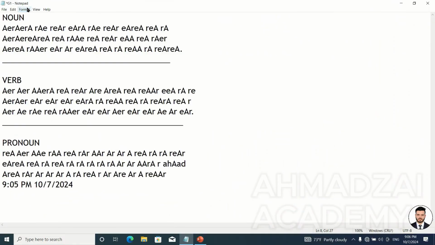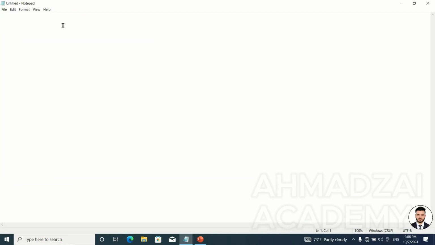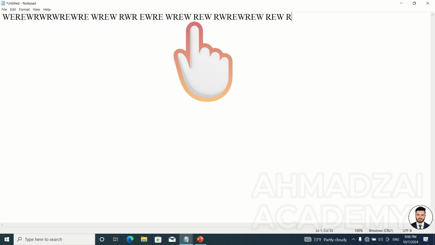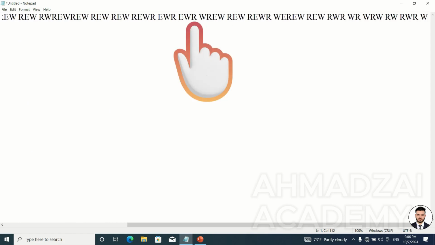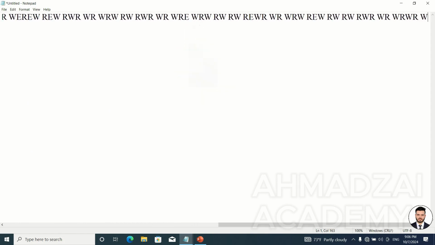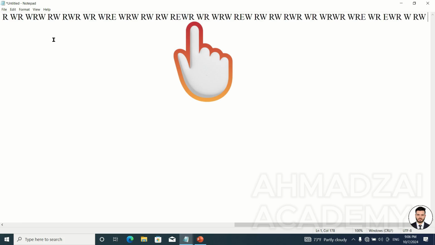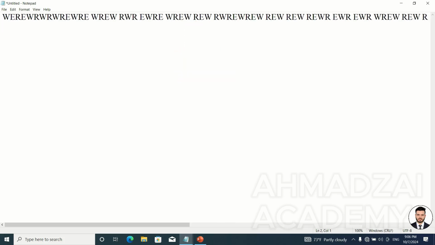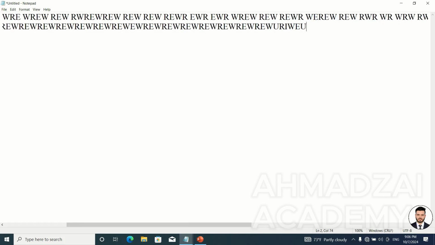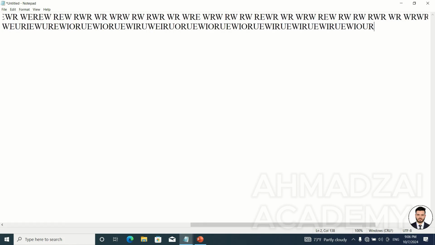After that, we know there's something above called word wrap. What happens if word wrap is enabled? What happens if it's disabled? Notice that if word wrap is disabled, when we type text and our cursor reaches the edge of the screen, it just keeps going. It doesn't go down to the next line. It just keeps going. The whole thing is written on a single line unless I press enter myself. If I press enter myself, that's fine. But if I don't press enter, then this whole text just goes on a single line.